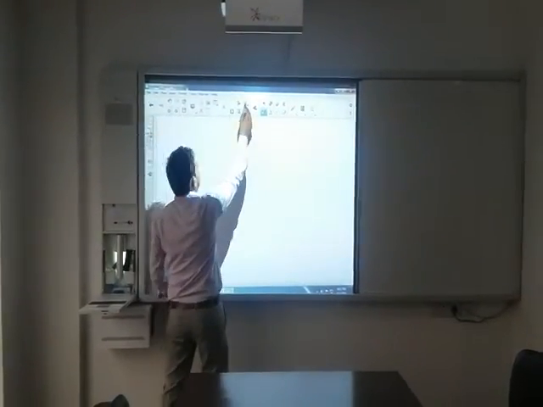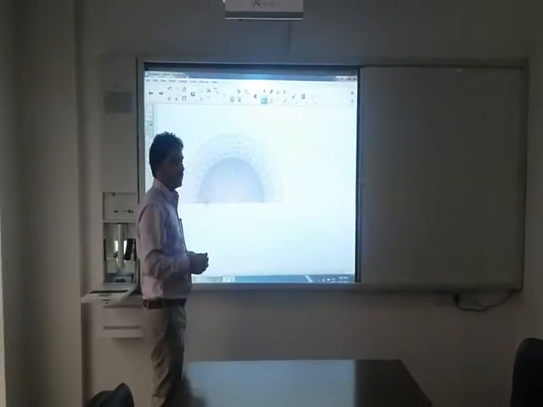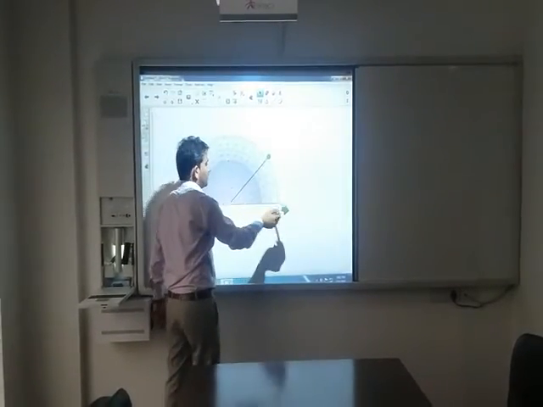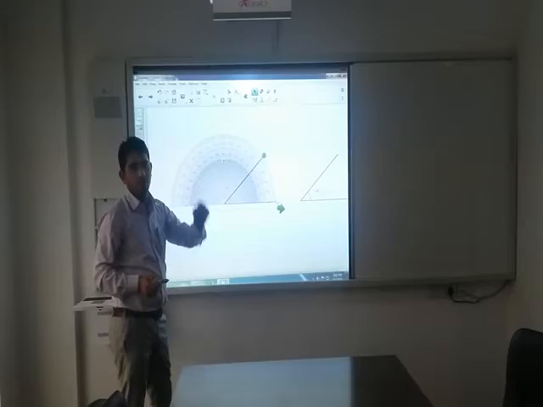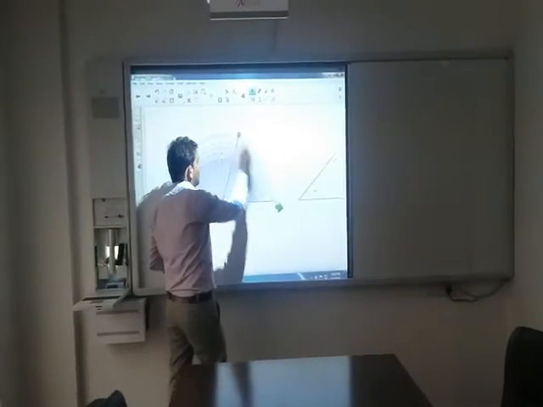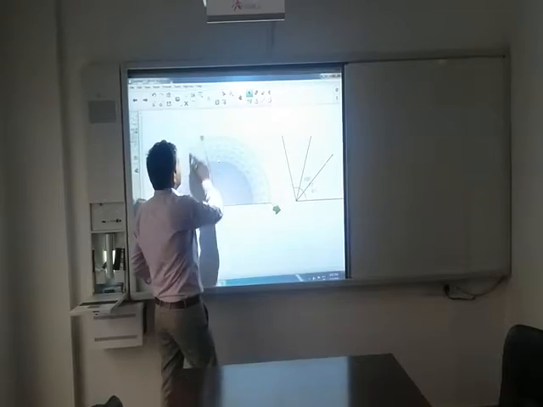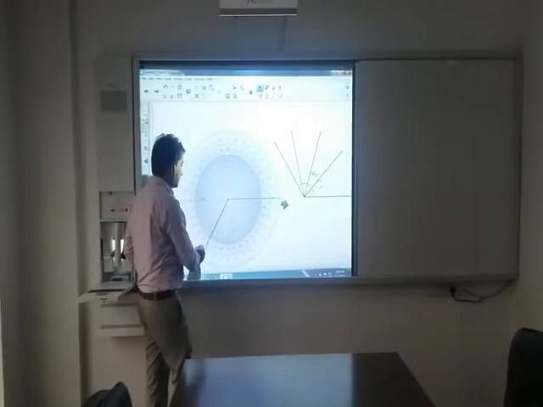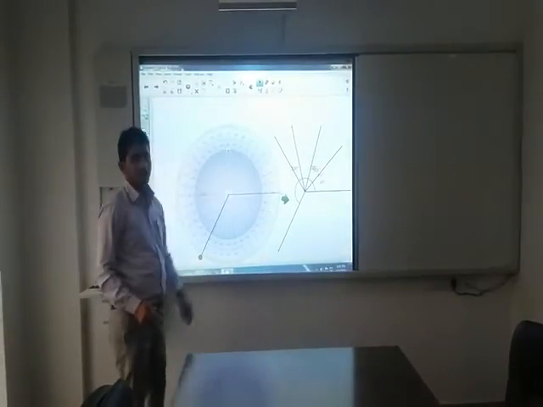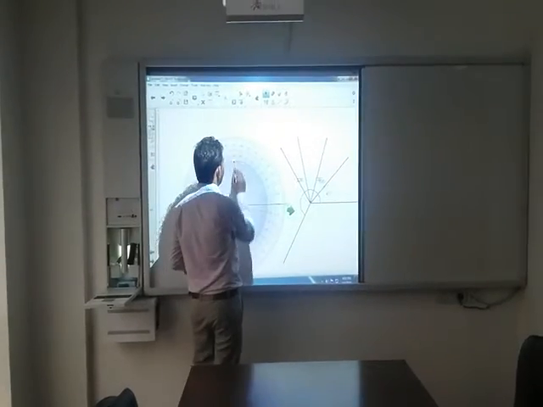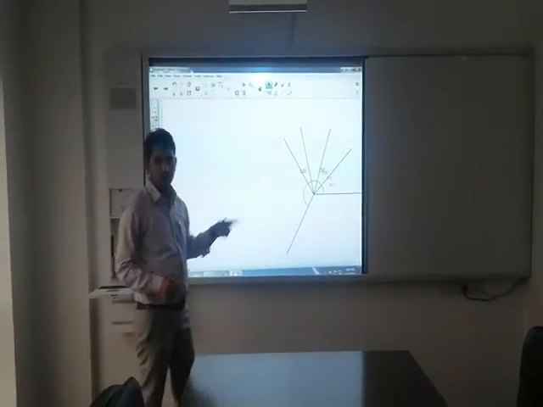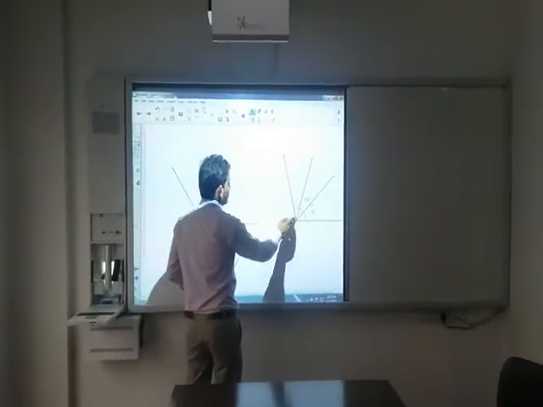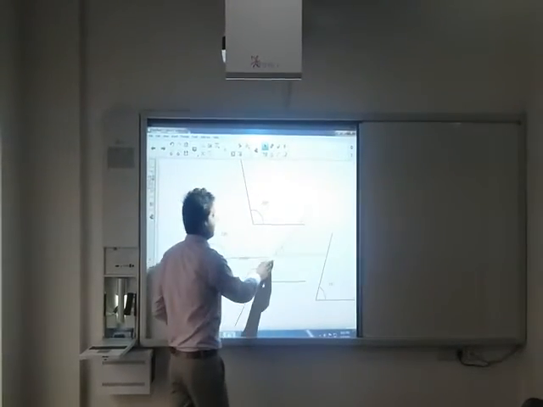Some math tools are available here, like a protractor. If you want to draw some angles, directly select the protractor, put the angle at 40 degrees and then click, then your 41 degree angle will be there. If you need multiple angles, then select the angle size and then we can draw the angles again and again. If you need a 360 degree angle, then directly select and draw the angle also. The 38 degree angle will be there. So this kind of mathematical tools are there. We can change the location of the angles also.